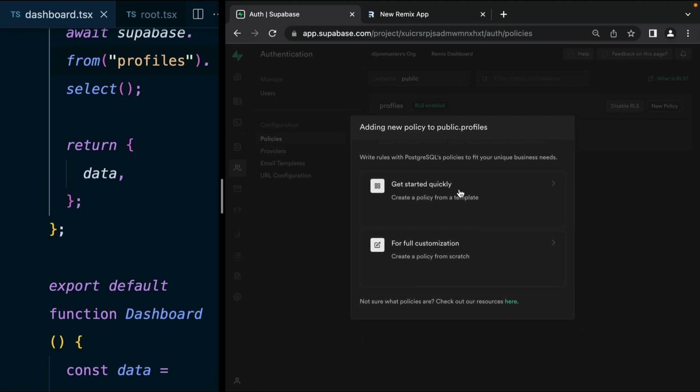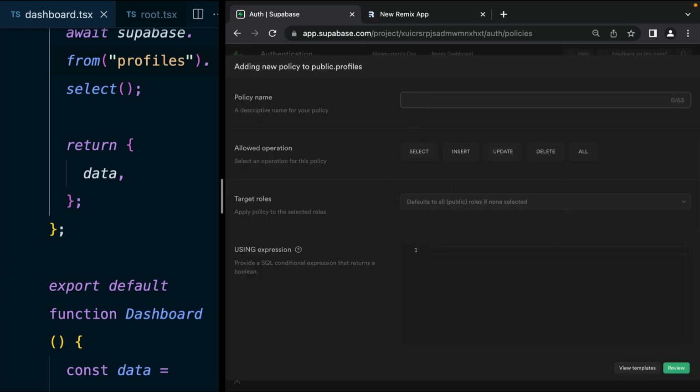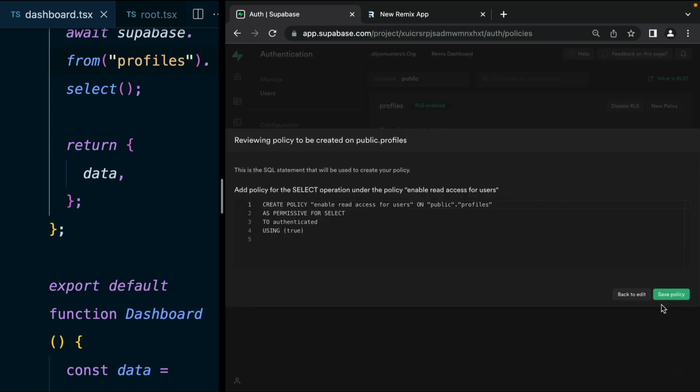So let's create a new policy. And again, this policy is going to enable read access for users. It's going to be on the select action. And this time we're going to select the role authenticated because we have authenticated users. And we only want authenticated users to be able to select their profile. So then for our expression, we're just going to make it true again, and then click review, and then save